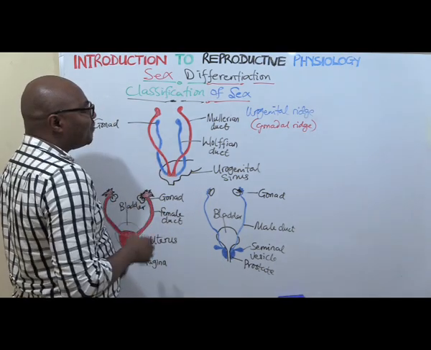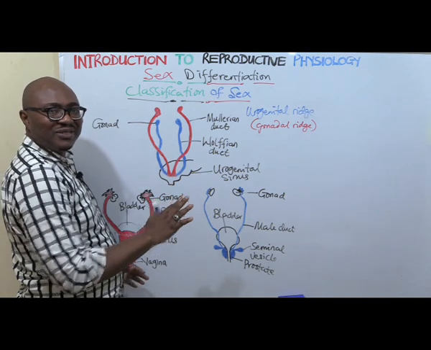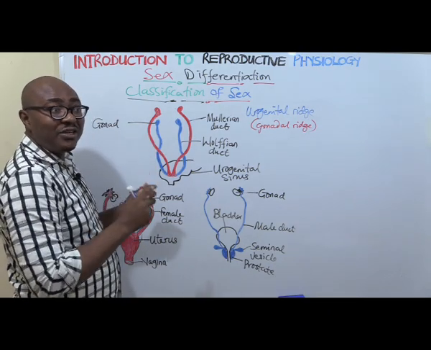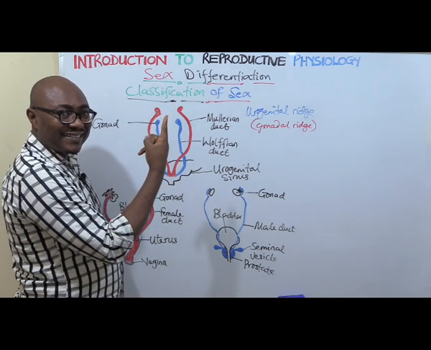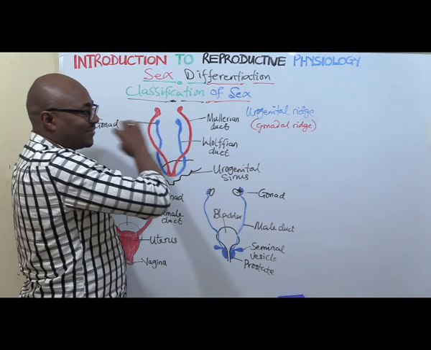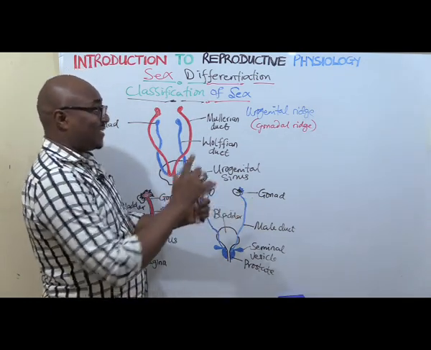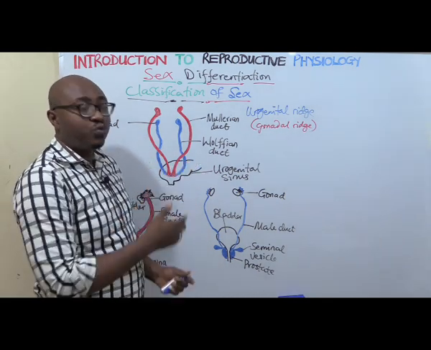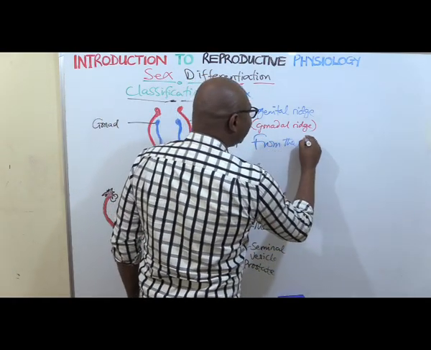All right, so before the 6th week, there is no difference between the male and the female. Absolutely no difference whatsoever. The only difference is that the male has Y. You understand that? A Y chromosome fertilized the egg, and it has been determined, but it has not yet manifested. What we're dealing with now is the manifestation. So quickly, what happens is that from around the 7th week, let me write it so that you will not forget,